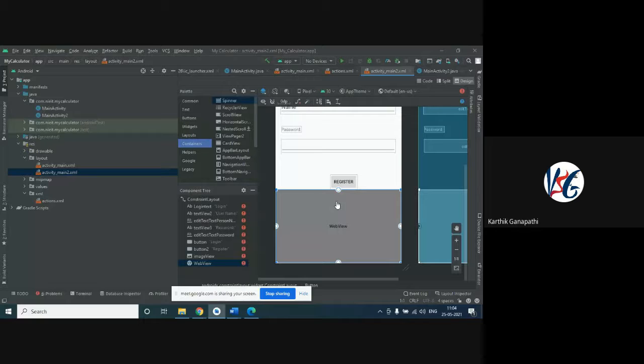For example, as you can see here, this is one container. Inside this container, this is a fragment, and the fragment is also considered a container. We have different types of containers in this, and we are going to use these containers to place whatever components are required. So one by one, let's see. The first one is called a spinner.